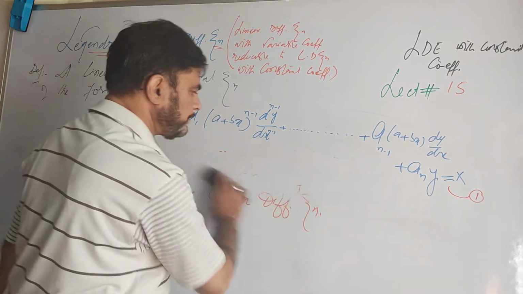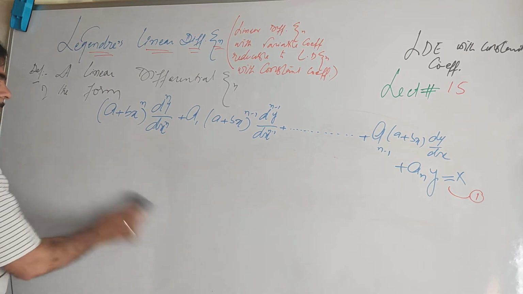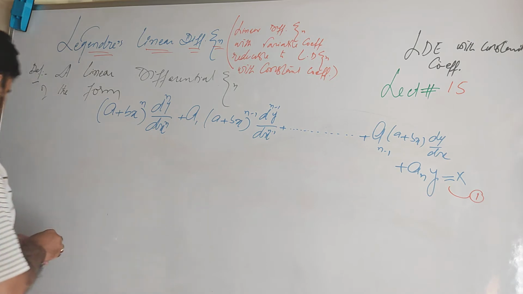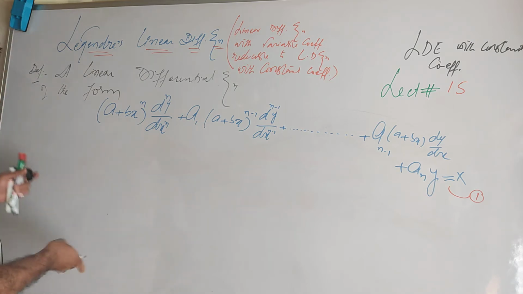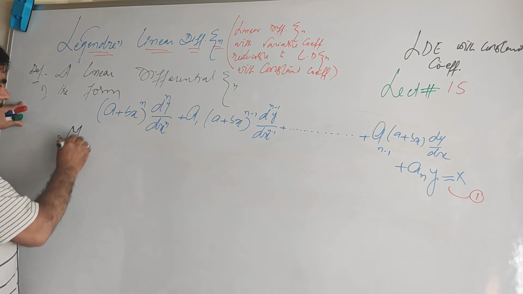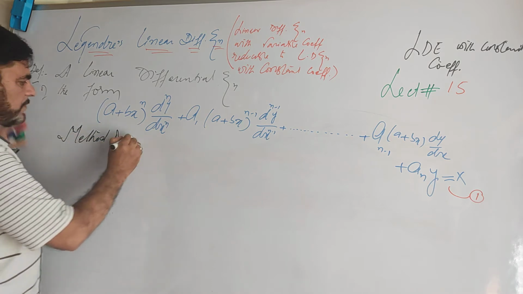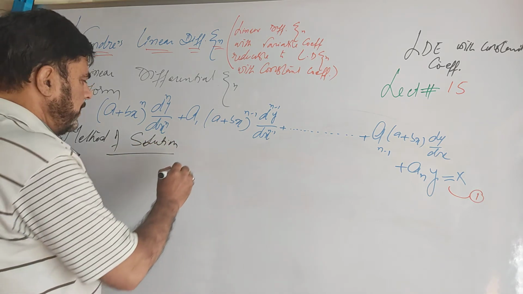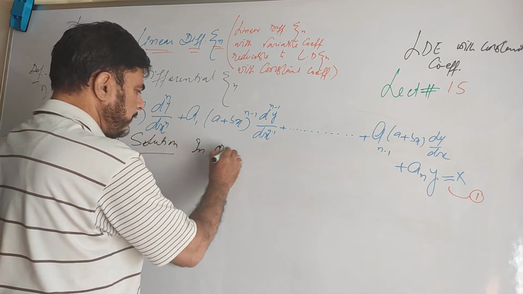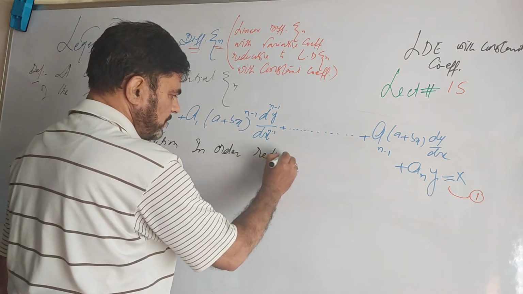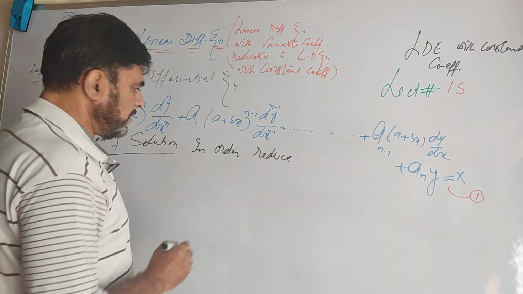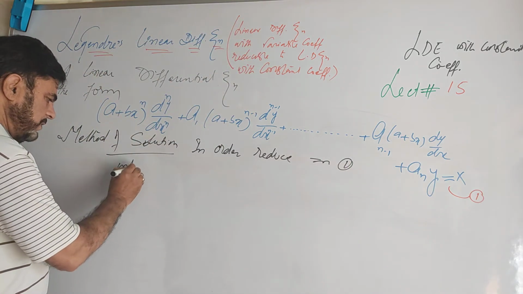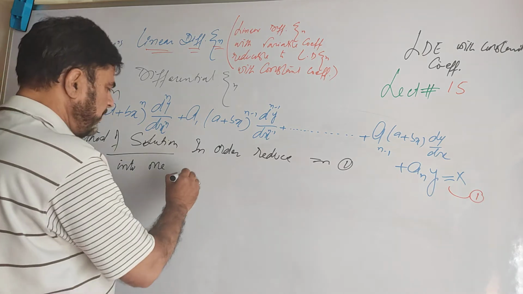Next we come to the method of solution. You see how we go. The method of solution is this. In order to reduce, or convert, or transform, whatever you use, equation number 1 into one with